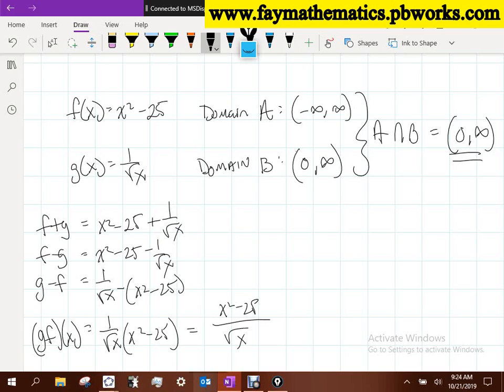Still the same domain, still 0 to infinity. Now, the only thing that I would be cautious of here is just pay attention. I don't know if this will ever happen, but pay attention to that bottom. It's still division, right? So if for any reason my A intersect B would have included 0, in g times f it should exclude 0, right? Okay, just be cautious. I don't think it should be a big issue, but